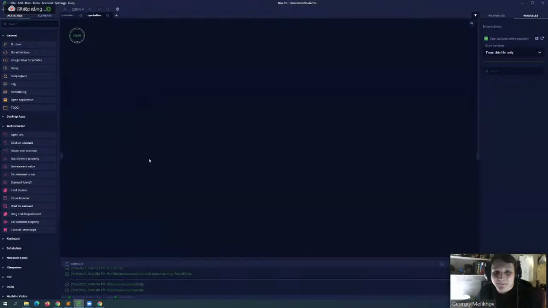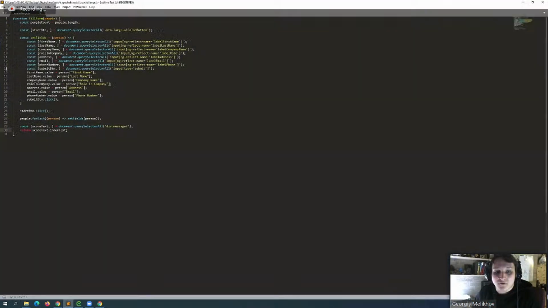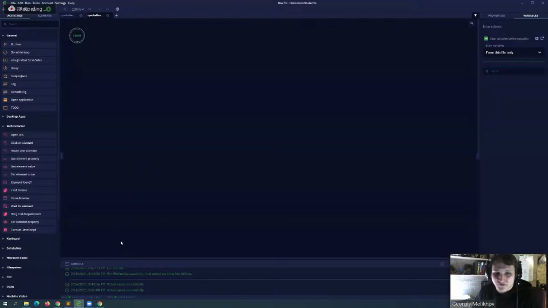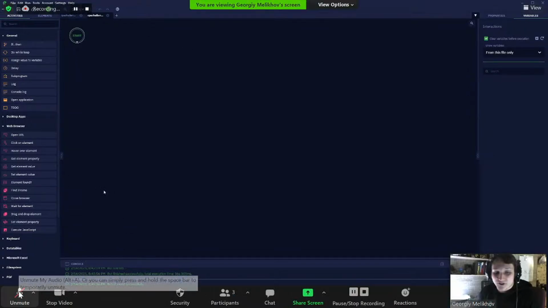And what it means is that I have a sort of a code that performs some interaction with the elements on the page. So we're not going to build this code from scratch. Let's just take that we have it already, and we're just going to execute this code directly on the page. And let's compare the speed